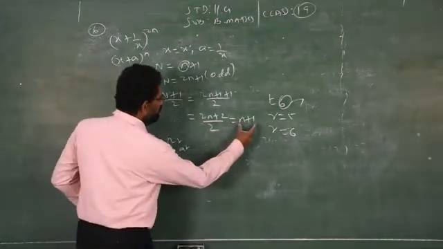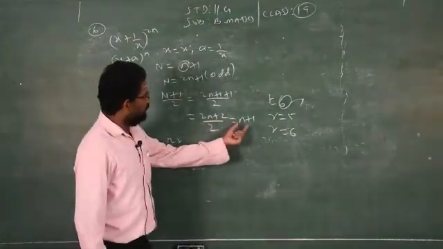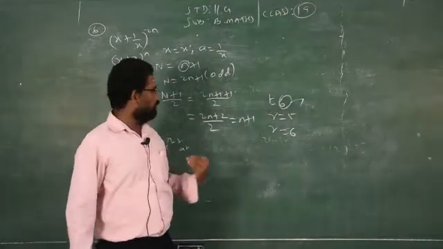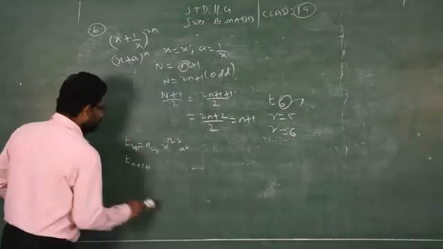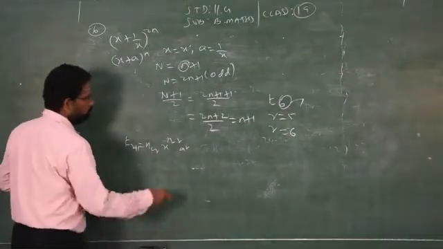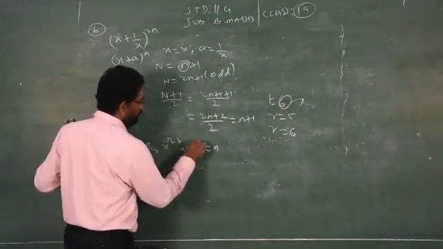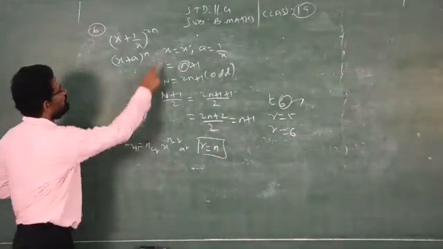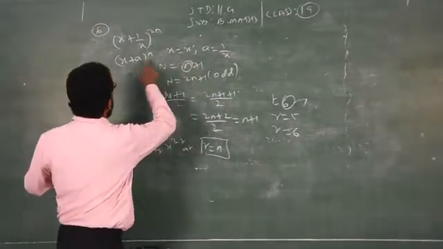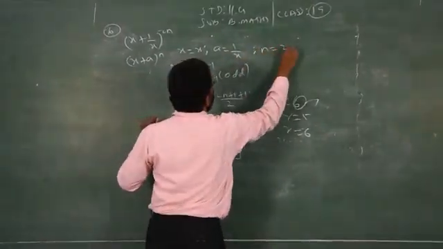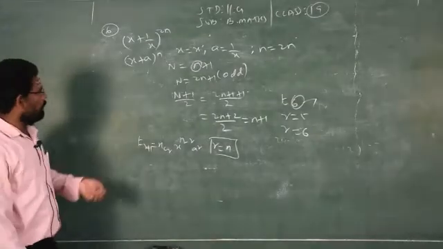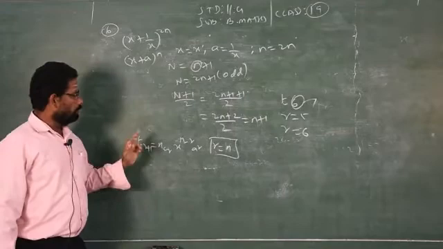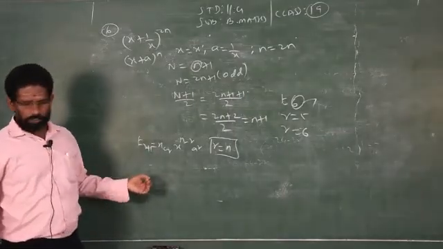Similarly, what is the predecessor of n plus 1? This we studied already in factorials itself. What is the number before n plus 1? n. Therefore, you have to replace r by n. You have to replace r by n. So already n is given. What is our n? n is 2n. So just you have to replace all this information in this formula. You will get the answer. That is the required answer.